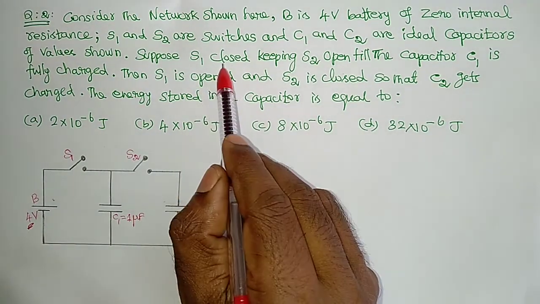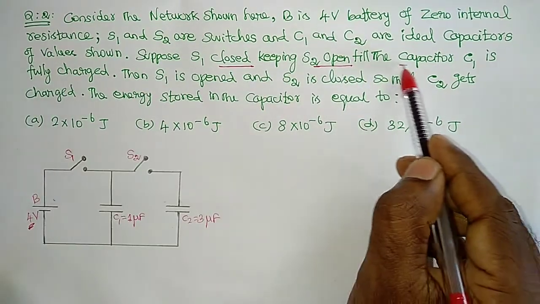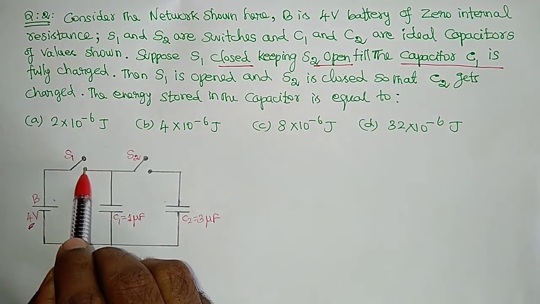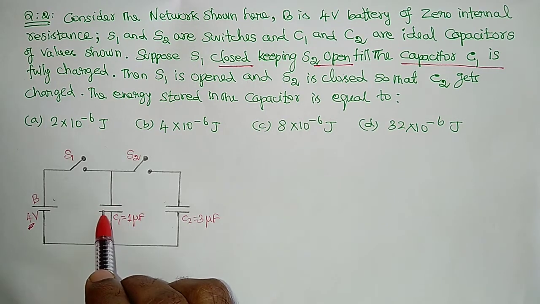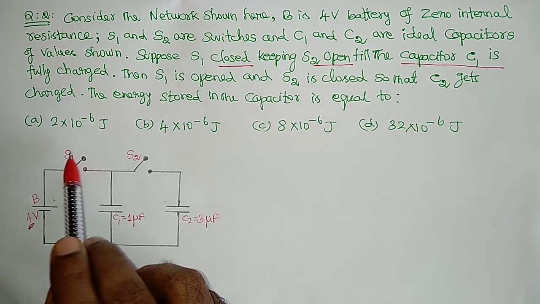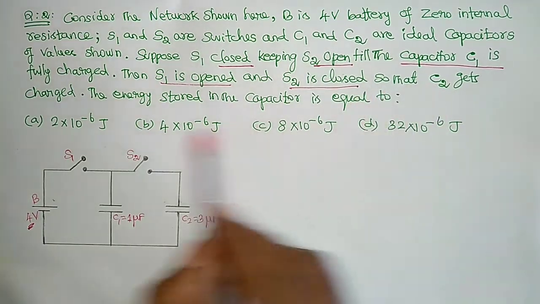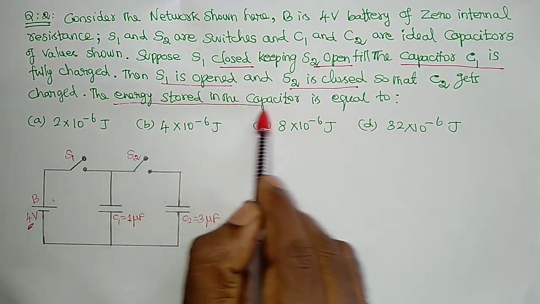Suppose S1 is closed and S2 is open till the capacitor C1 is fully charged. That is, this switch is closed and this switch is open until it is fully charged. Then S1 is open and S2 is closed so that C2 gets charged. Then the energy stored in the capacitor...